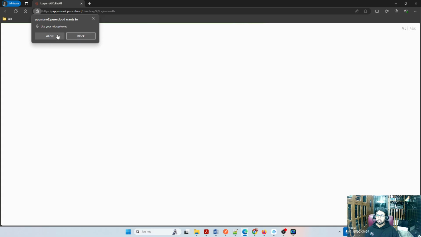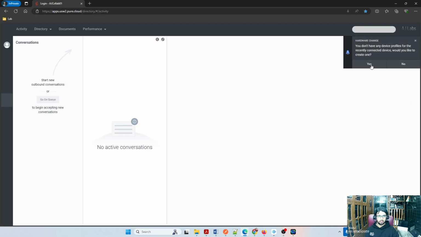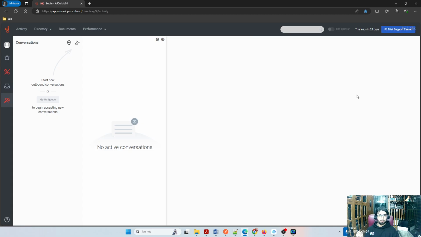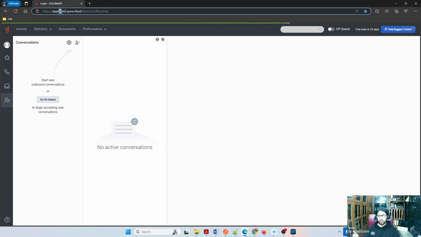So is it the same portal for everyone, like portal.azure or Microsoft? What we discussed, same thing, right? Yeah, it is the same, but it depends on the location. When you are picking up a Genesys solution, it is hosted in AWS Cloud. So you have to select one AWS region where you actually want to host even before signing up. Based on that, the URL differs. Here you see app.us west 2. So I deployed my contact center in US West 2. Not I, when I requested that, I selected this location. That's the reason I got US West 2. So based on your company location, we'll be selecting that.